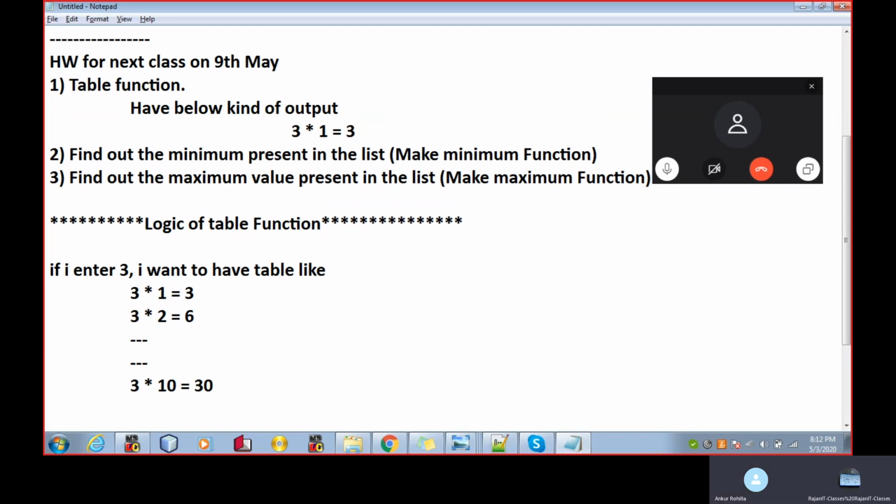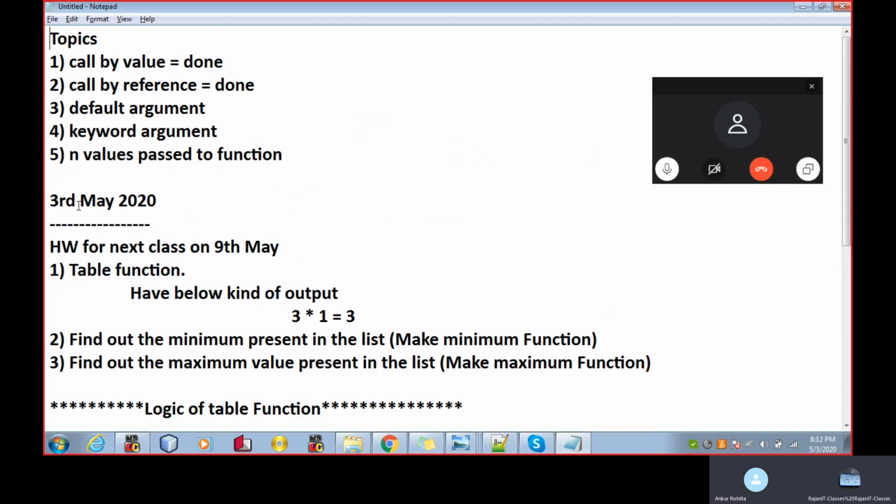That is a part of your homework. Anything else shall I explain, or will you be able to do it? Sir, I will be able to do it. Yeah, please try it. So let's move to another part, the default argument function.